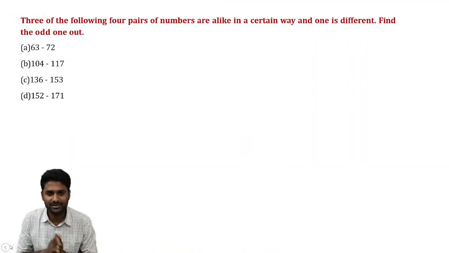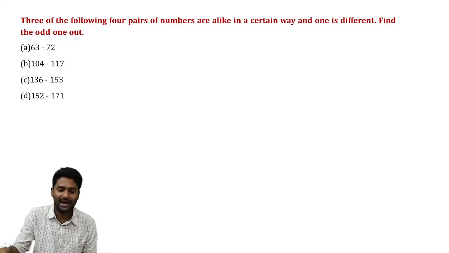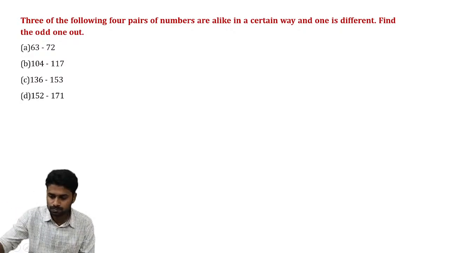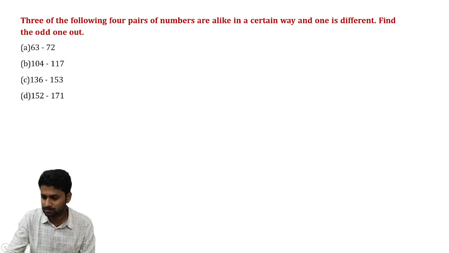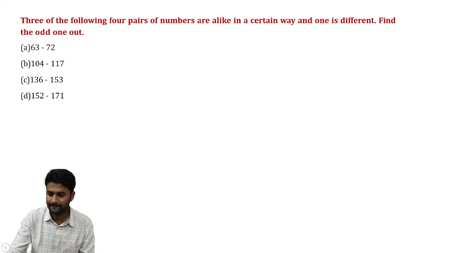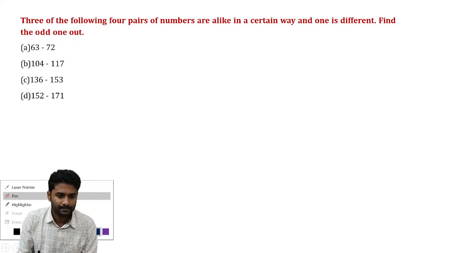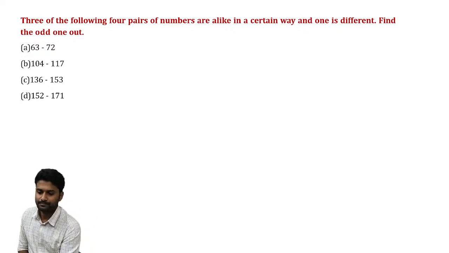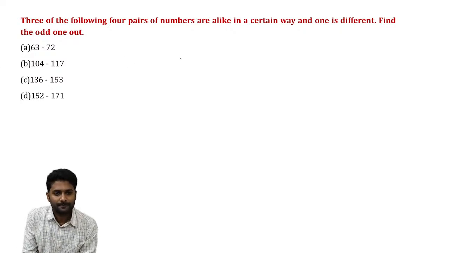Try to answer this question. You just tell me which one is odd one out. So we have four options: 63, 72, 104, 117, 136, 153, 152, and 171. And which one is odd one out? See,